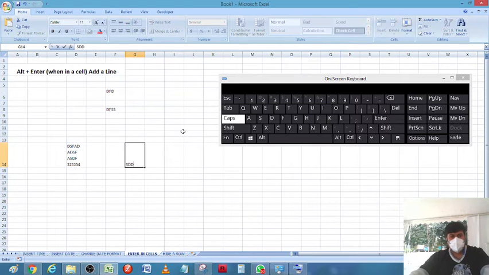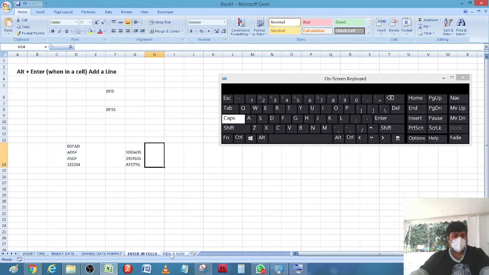Once again, type something, press and hold the Alt key and press the Enter key. Then type whatever you want, again Alt and Enter. Like this we can enter the data in the same cell.